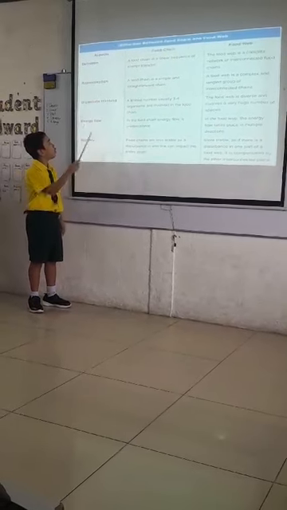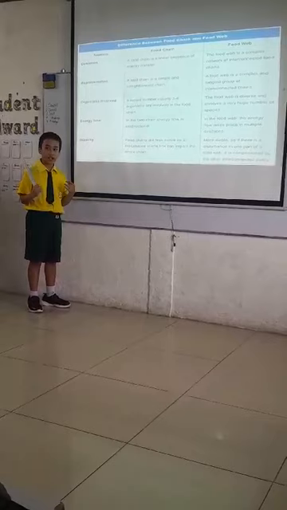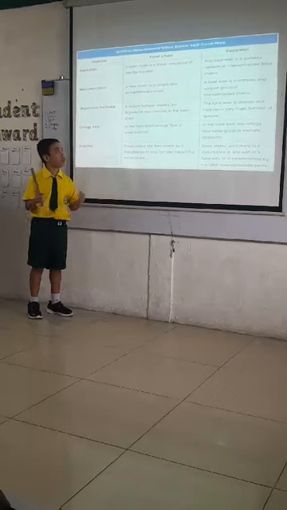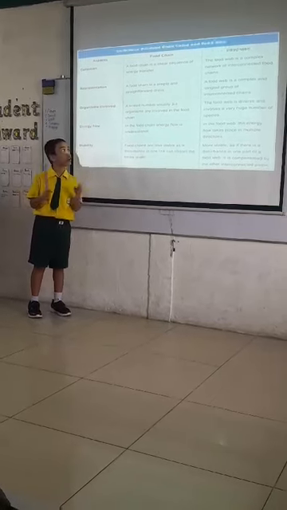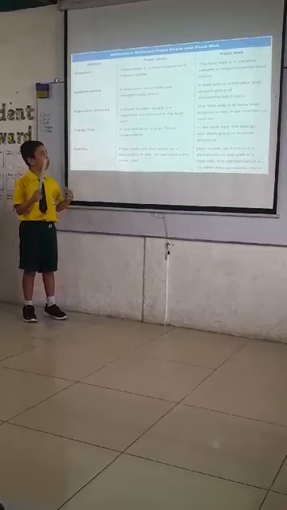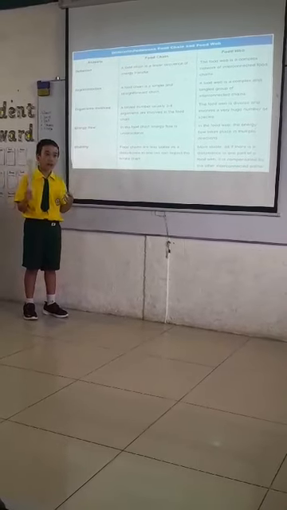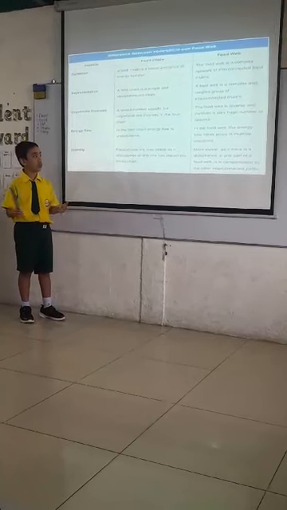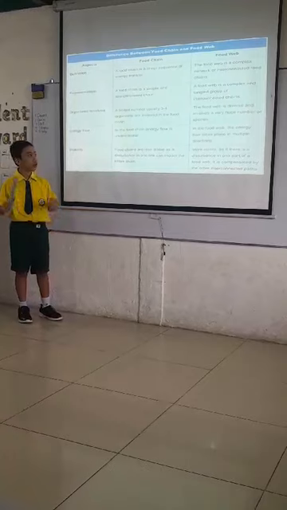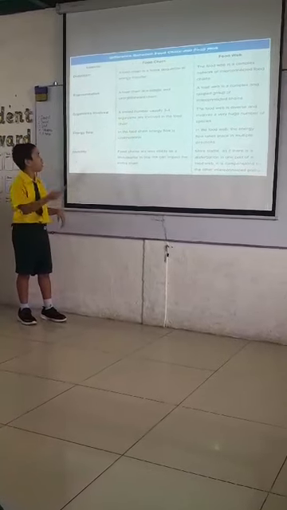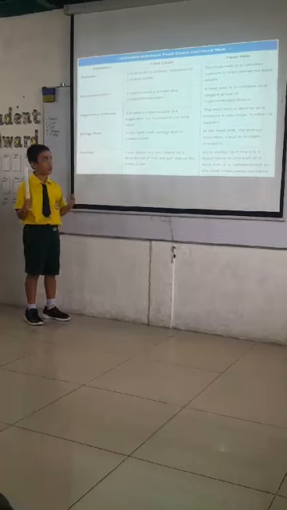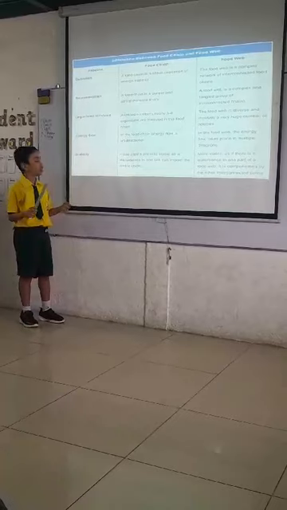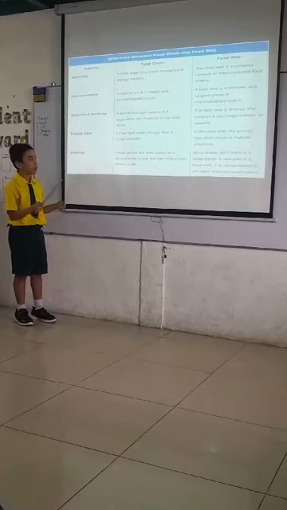The third one is organisms involved. Organisms involved in the food chain usually have a limited number, usually three to four organisms. But organisms involved in the food web are diverse and involve a very huge number of species. The fourth one is energy flow. Energy flow in the food chain is unidirectional, but energy flow in the food web, the energy